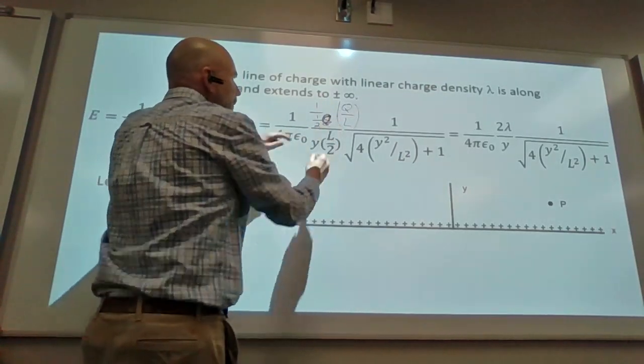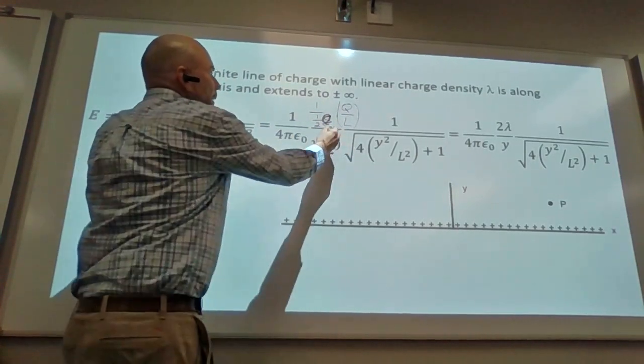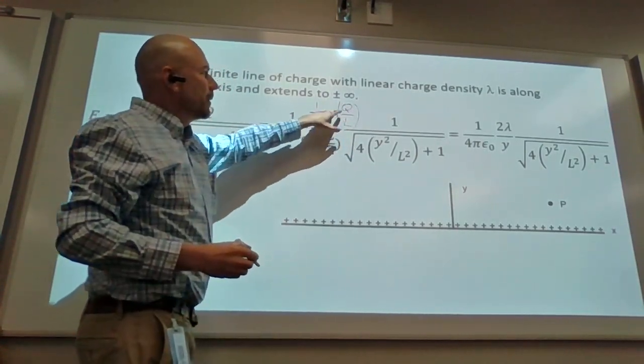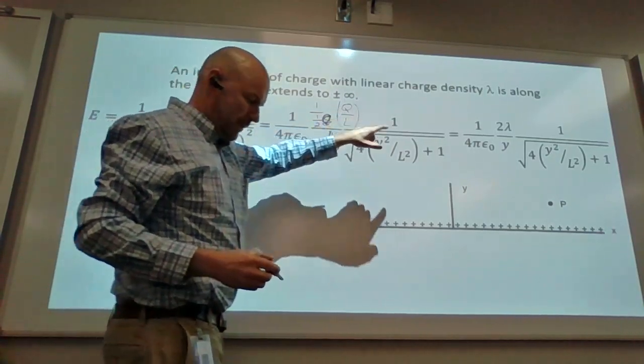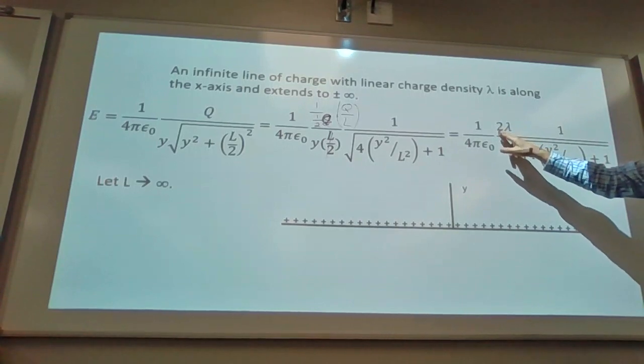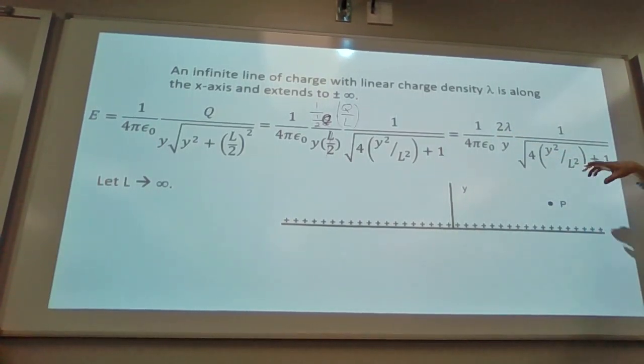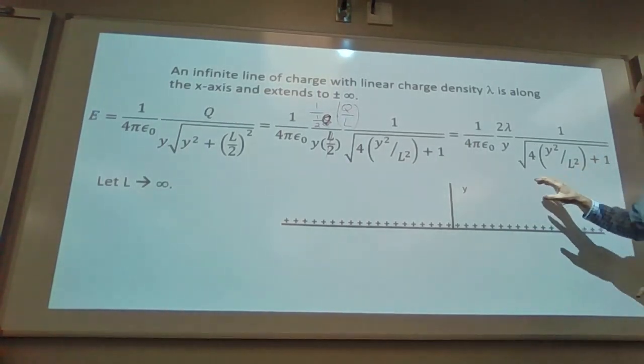this, you also should cross out the L over 2. But right, this becomes lambda, okay, and this becomes 2, like the 1 over 1/2 becomes 2. No, that would be fine. Yeah. And then